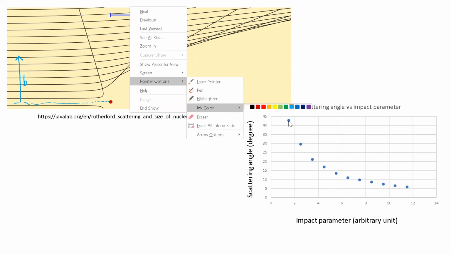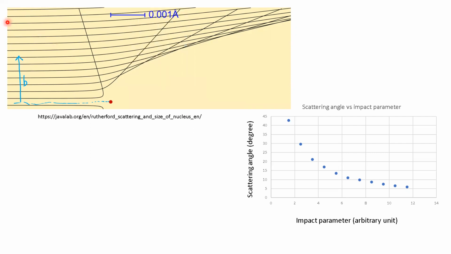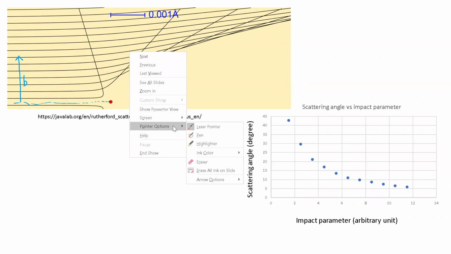So as you go down to consider other trajectories, as you decrease the impact parameter, you can see that the bending of the trajectory is getting more and more significant, right? If you look at this one, it bends a little bit more. For example, this one goes like this, right? And this one bends even up. So as you decrease the impact parameter, the bending is more and more significant,